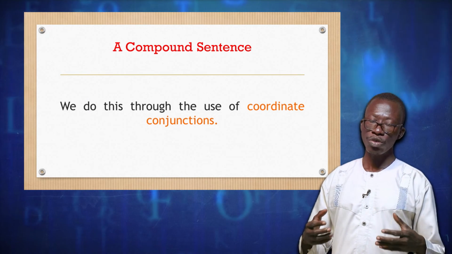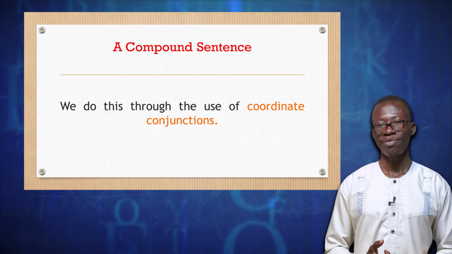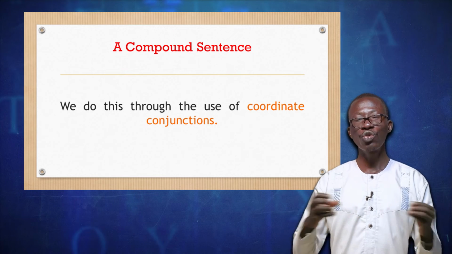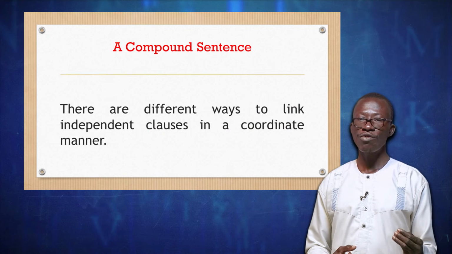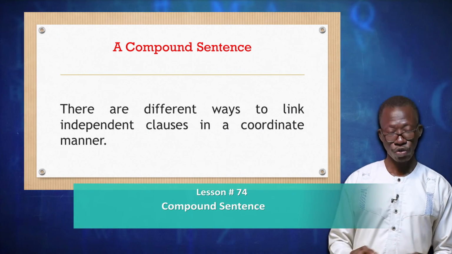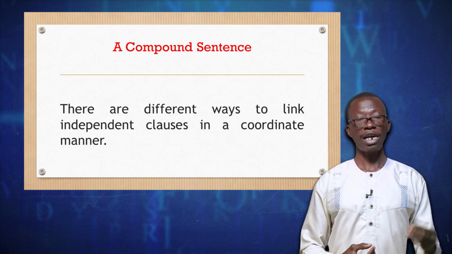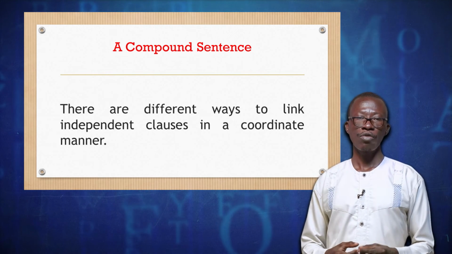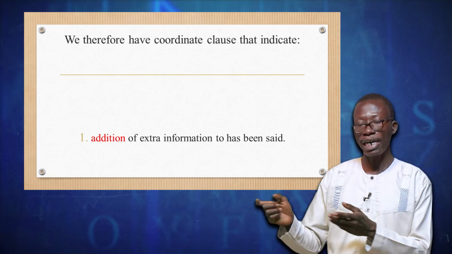So if we want to give equal weighting, we do this through the use of coordinating conjunctions. So conjunctions that are considered to be coordinating conjunctions are those we use in giving equal importance to our clauses. There are different ways to link independent clauses in a coordinate manner. If you want to construct a compound sentence, and in that compound sentence you are giving equal weighting, we have different ways of doing that. We therefore have coordinate clauses that indicate, one, addition of extra information to what has already been said,